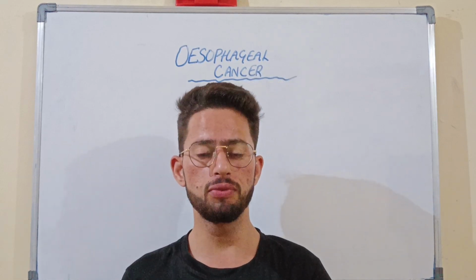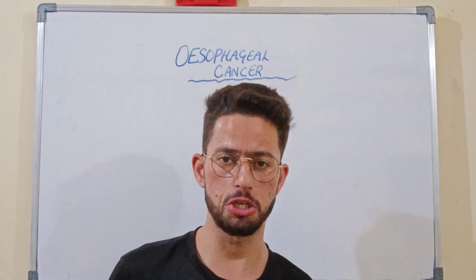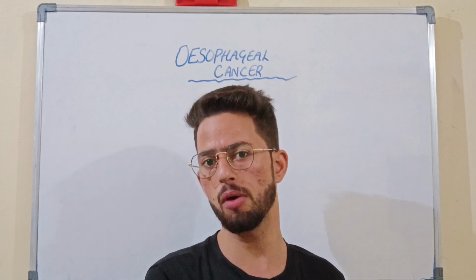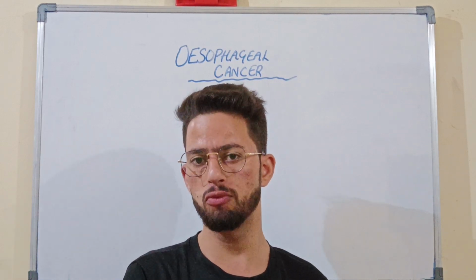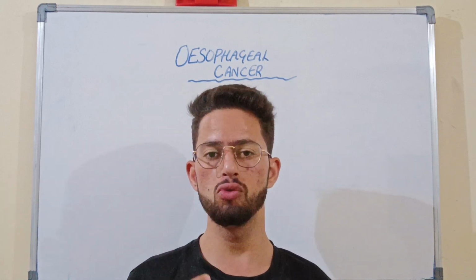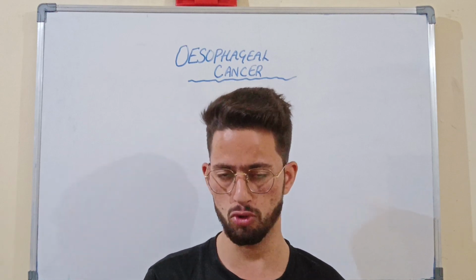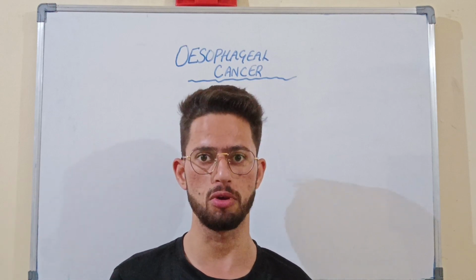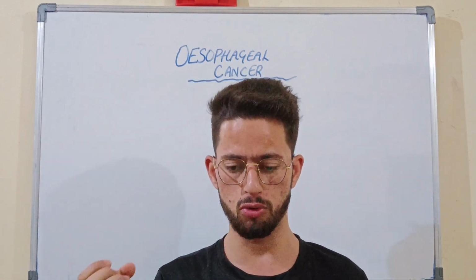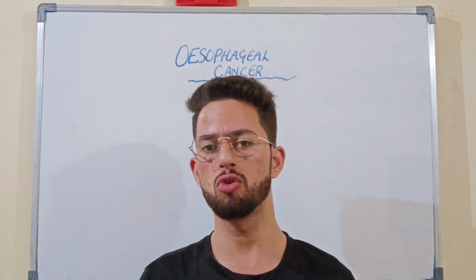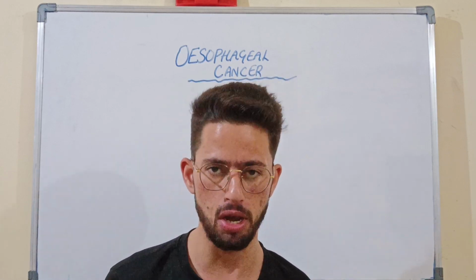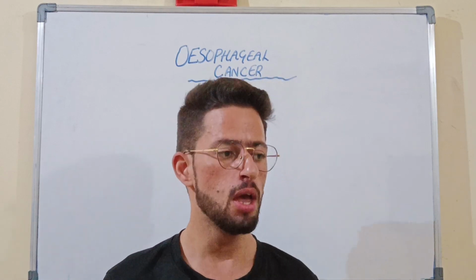The first one would be if there is an obstruction, understanding. Because I already told you, as soon as the cancer develops in the esophagus, depending on the stage of the tumor, it would obstruct the esophageal lumen. So you won't be able to pass food through the esophagus into the stomach. At that time, before the surgery or before going for the treatment, you should go for nasogastric tube feeding, because the patient is unable to swallow properly.